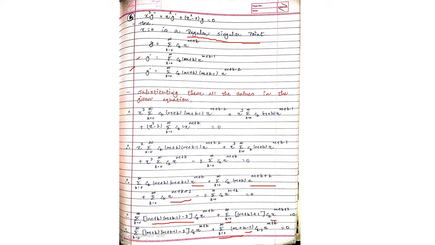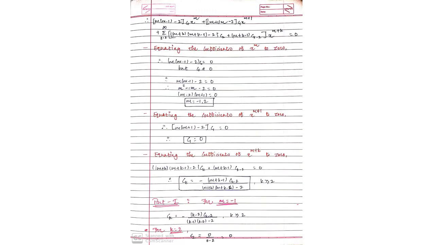Now see this both the terms having similar power, but you can see the limits of both are not the same. See, because the first limit is going to start from 0 to infinite and the second one is going to start from 2 to infinite. So from this you have to take out the common series. So from this both, which one will be the common? That will be from 2 to infinite, right? So for 0 and the first one you have to write another way. Okay, so applying k equals to 0 and k equals to 1.